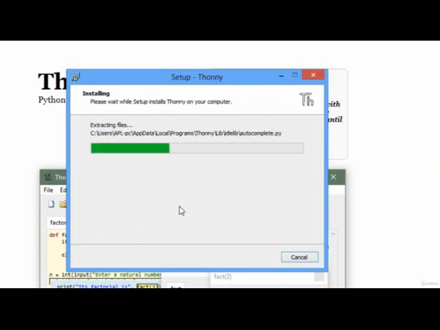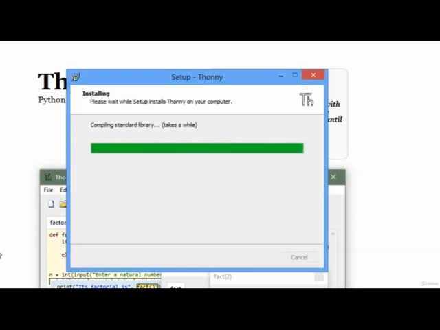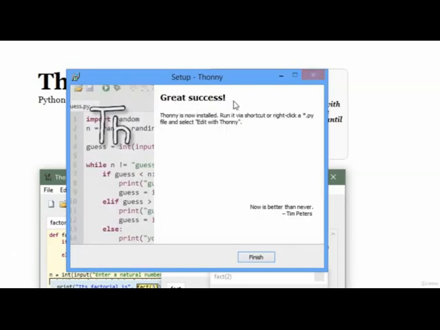It will take some time because it also has a vast library and it has to install all the documentation files, packages, files, classes. Now you can see here, great success, Thonny is now installed.